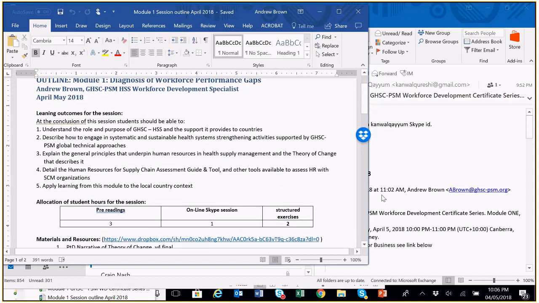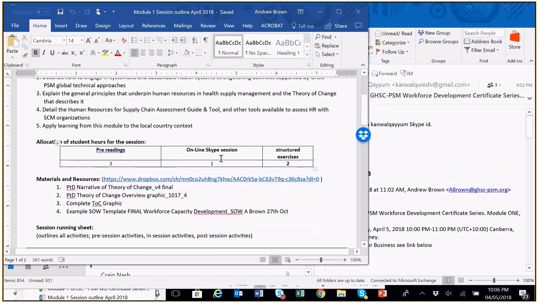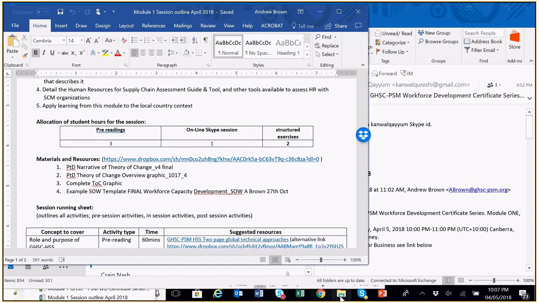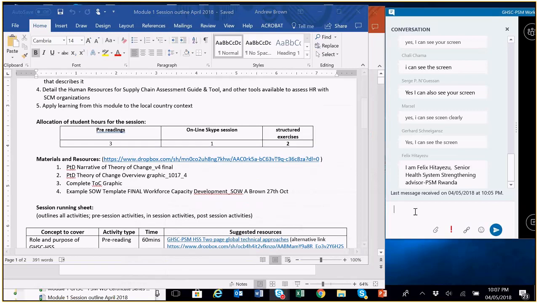It will have the session outcomes listed, a bit of an idea of how long it would take you to conduct this overall module. It will give you a link to a Dropbox, which I will now put in the chat for you, which will enable you to get access to all of the